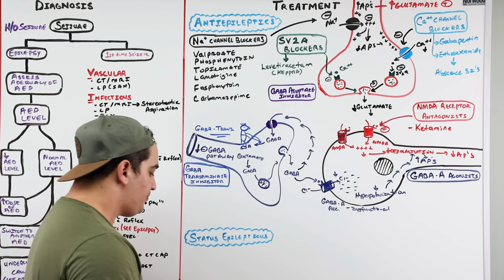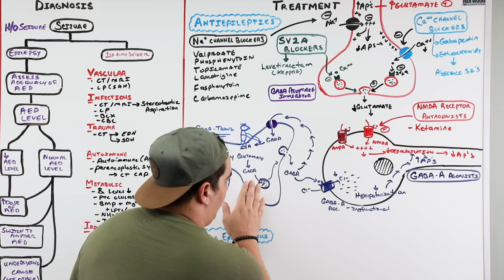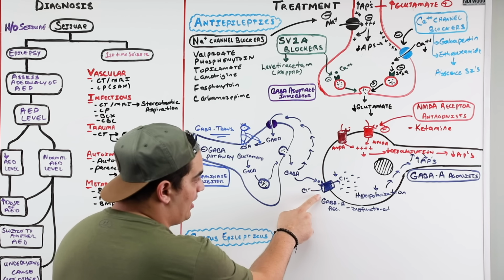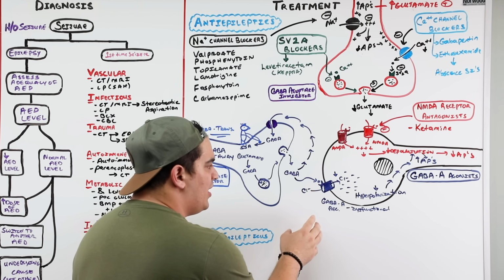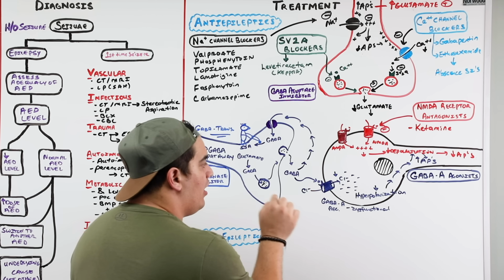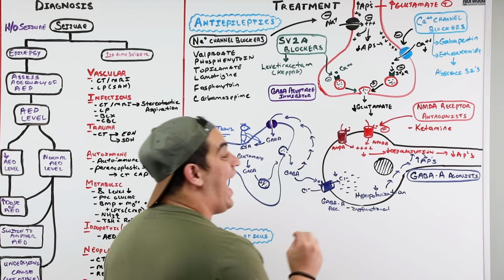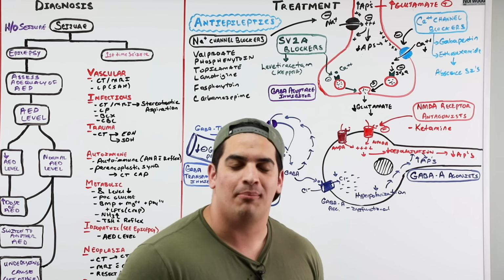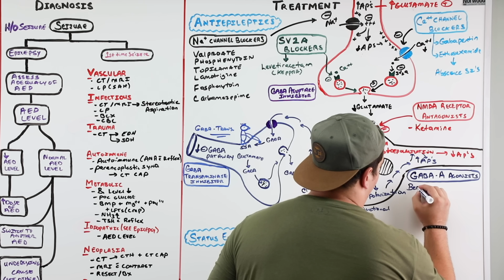Let's talk about them. The first thing is, where was the first part of the path when we released GABA? The GABA A receptors, right? So the GABA A receptors, can we use drugs to make these receptors either more sensitive, or just stimulate the living crap out of them enough that we cause anions to rush in? Yeah, we can give drugs that are agonists to GABA. What are those drugs? Benzodiazepines. So this is a big one to remember.